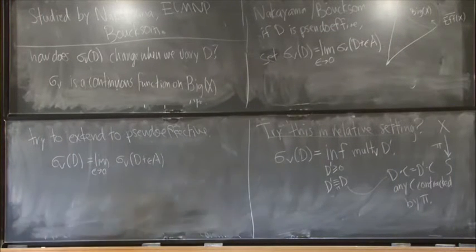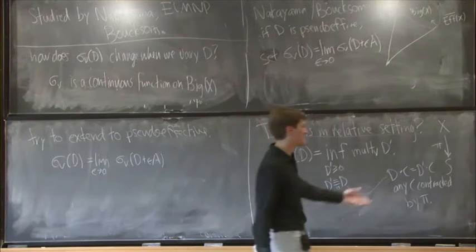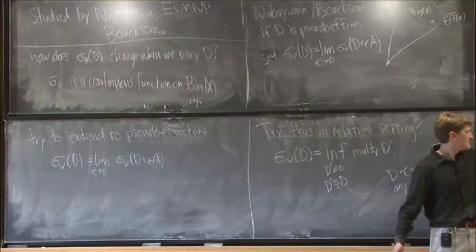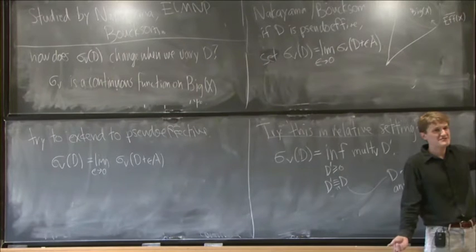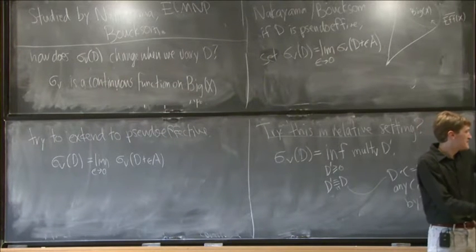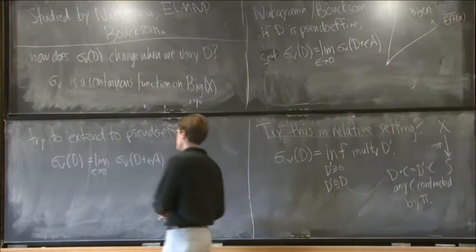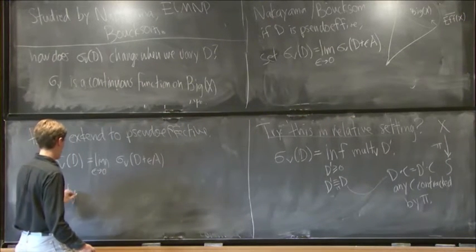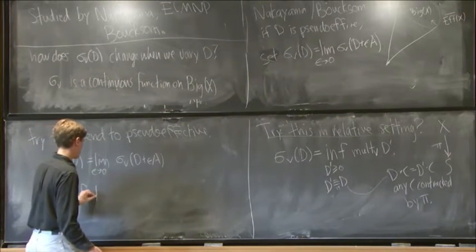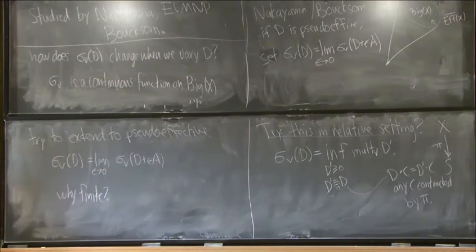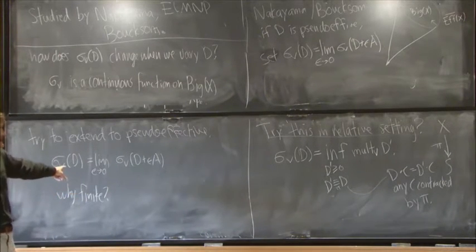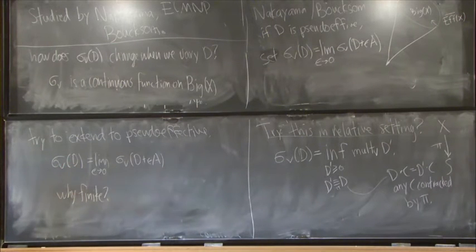Right, now there's a problem here, which is that this proof that it's finite relies on the properness of X. We're doing intersection theory on X. There's no way to adapt this proof to the relative setting. And so the example I want to tell you now shows that actually this doesn't have to be finite in the relative setting. It can really happen that you have an example of a divisor where when you try to take this limit, you get an infinite coefficient.